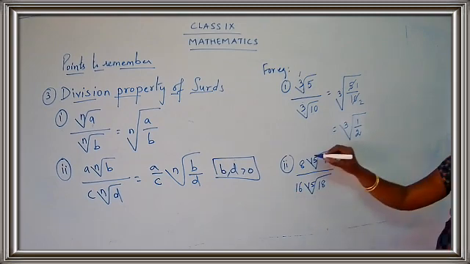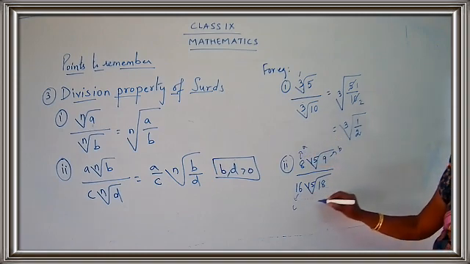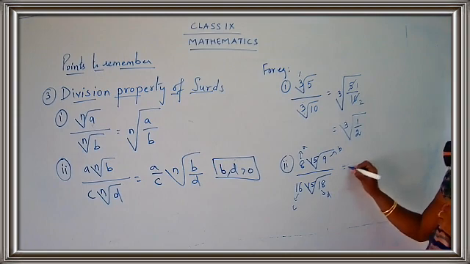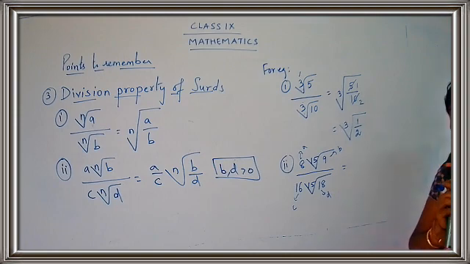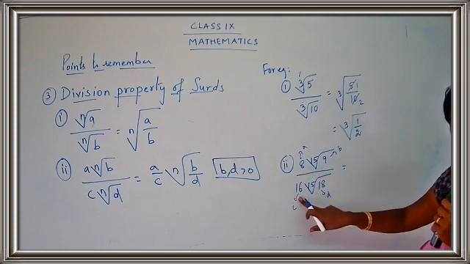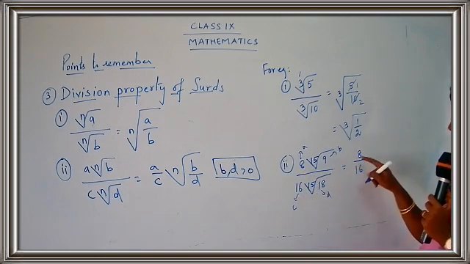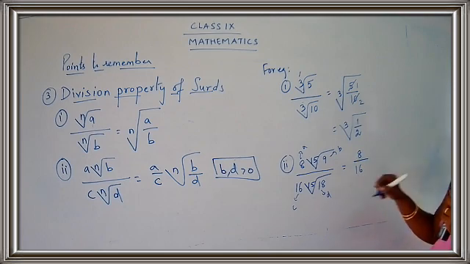So this is A. 8 is A. This is B. This is C. This is D. So first of all, I am going to take the coefficient. I am going to divide the coefficient. What is the coefficient? 8 is the coefficient. What is the coefficient in the denominator part? 16. So write down the coefficients together. 8 upon 16. Okay.